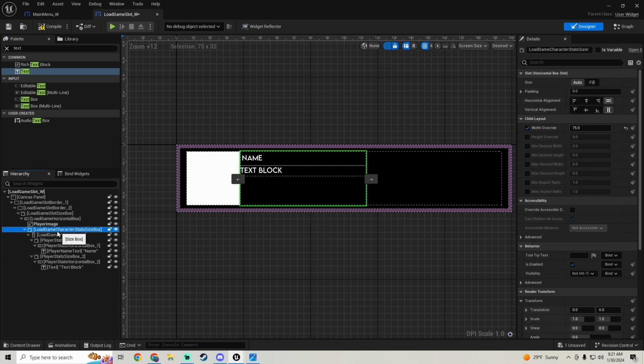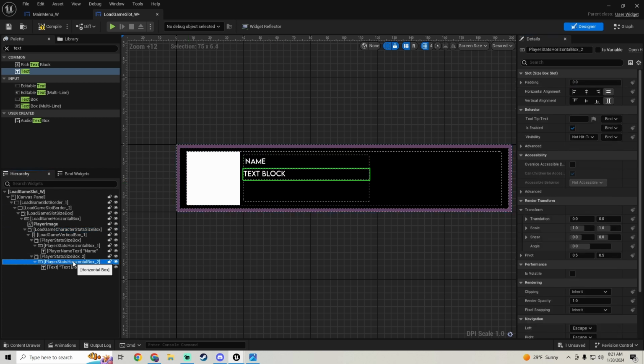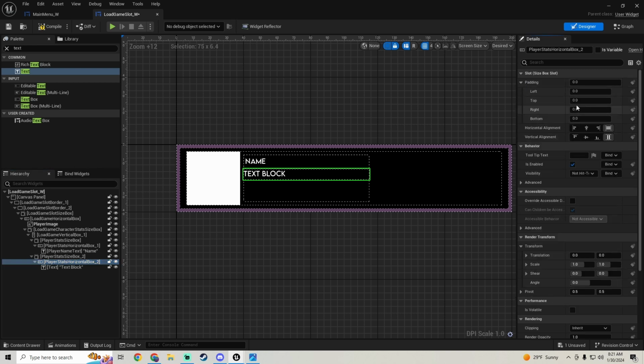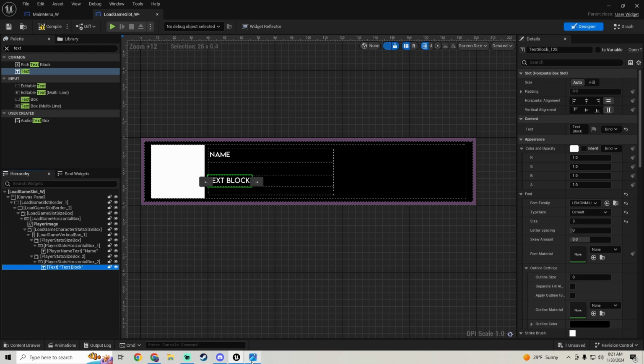Let's set the padding on this whole entire size box right here to be about 2. And then we're gonna go back down here. We're gonna set the padding on this one. The top padding, let's try 5, 8. Yeah, we'll do about 8. Like that. And in this text,